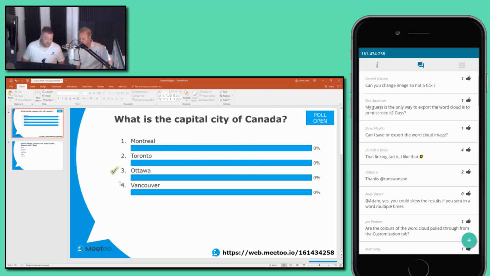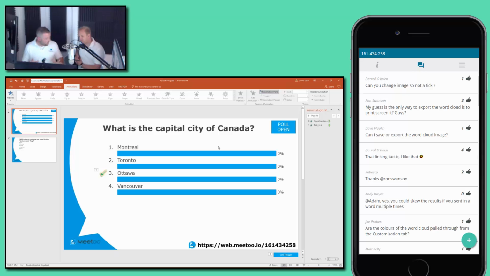I'd also just like to point out that it's put the tick on the slide. How that works, and this will become very clear in a moment when we run through the slides, is basically by setting it up with an animation. So don't worry, that tick won't appear on screen until you've chatted through your results with your participants. And you can see there it's all set up for you.